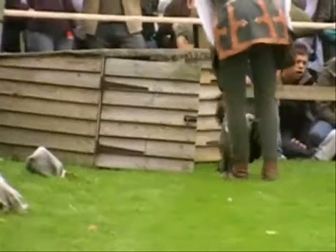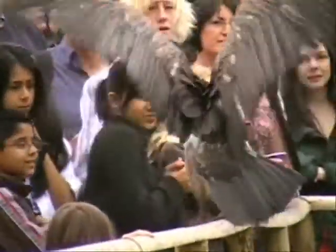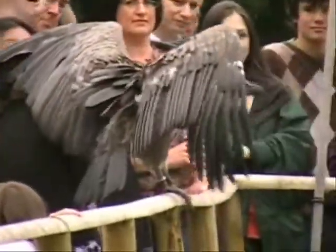Try and touch him, and then he won't bother you at all. So this is Dyson, in fact. Just keep nice and still, everybody, okay? It's not normal for him to actually go out onto the fence there. He often does go to the toilet just before takeoff, but Dyson is a 4-year-old African white-backed vulture, one of